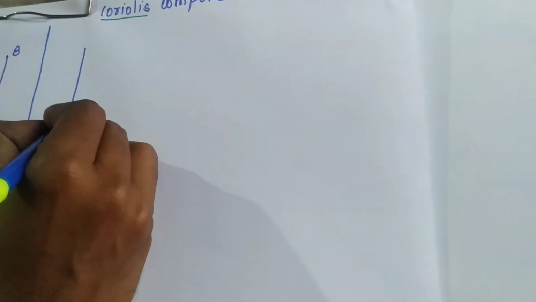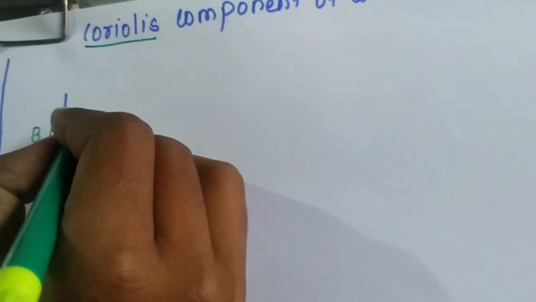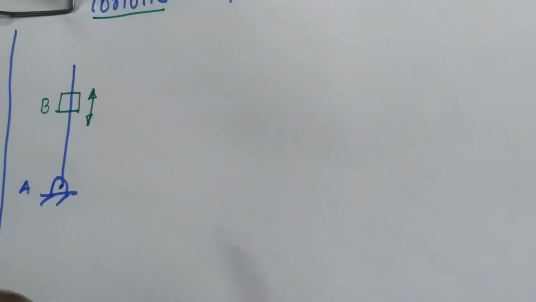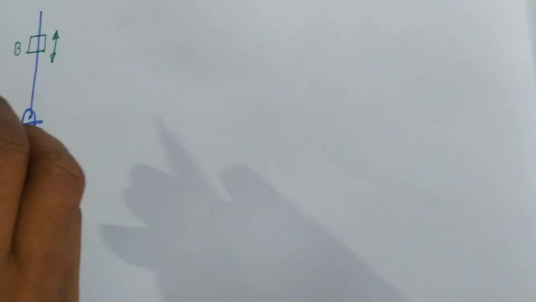Let's say this will be a link pivoted about one point. The point is the same, let's say it is A. And now instead of considering any fixed point on this link, we consider one slider. Let's say this will be a slider B, and this slider B is moving on this link. So slider B is allowed to slide on this link. Let's say this will be the possible motion of the slider. Slider B can slide, and it is also allowed to rotate along with the link.